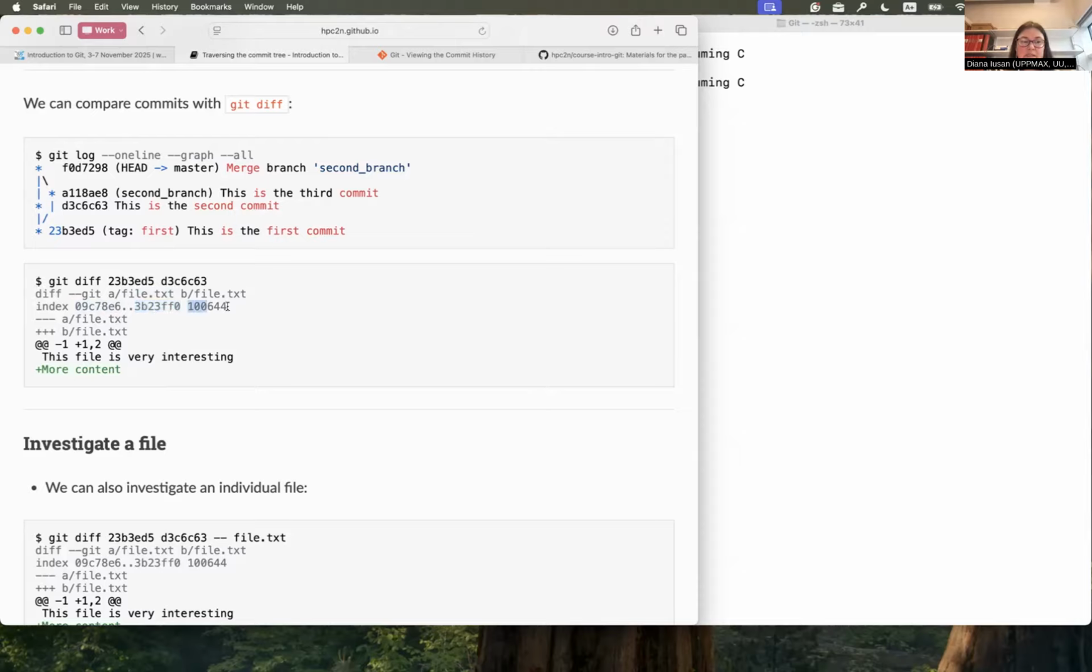This is just a number which describes the file permissions of this particular file txt. It's not so important, but in this case, it just means it's a regular file. So no need to worry about that. But then it's going to compare this file in these two different commits, and then it will output what the